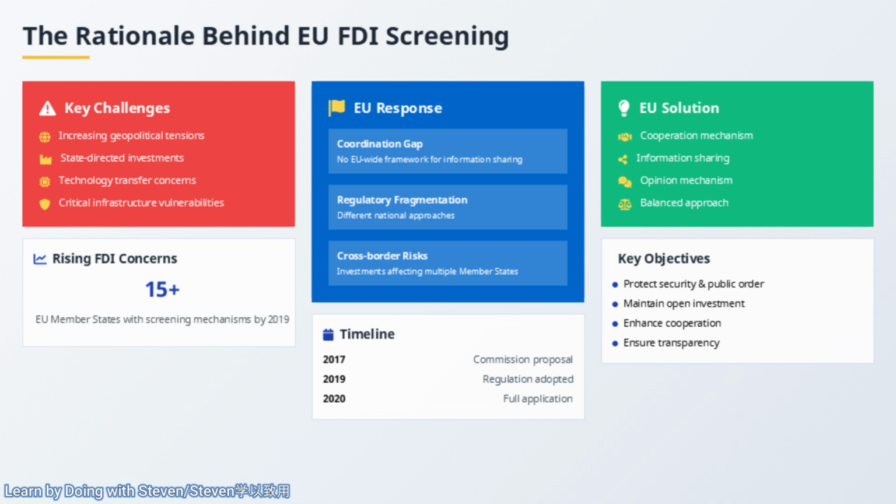The EU solution was to create a cooperation mechanism to improve information sharing and introduce an opinion mechanism, all while maintaining a balanced approach. This was driven by rising FDI concerns, with over 15 member states having their own screening systems by 2019. The timeline was quite swift. The Commission made its proposal in 2017, the regulation was adopted in 2019, and it saw full application in 2020. The core objectives are clear: to protect security and public order, maintain an open investment climate, enhance cooperation, and ensure